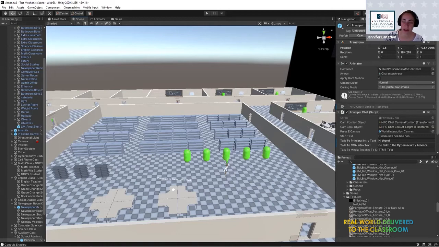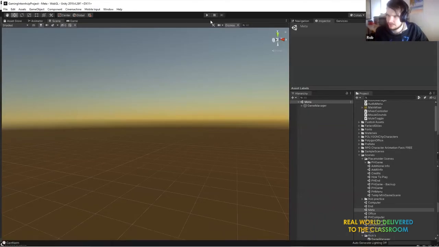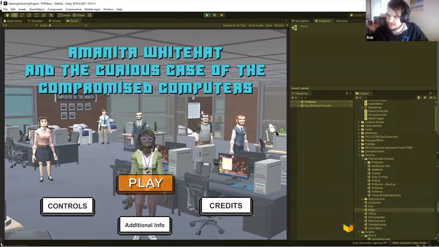Rob, do you want to tell us more about what cyber concepts you have influence to help be included in this next iteration of Amanita's adventures? Well, there's a few technologies that I was thinking would be a good idea to include. A lot of them were actually based off the Security Plus objectives. That's a certificate you can get for being certified in cybersecurity.